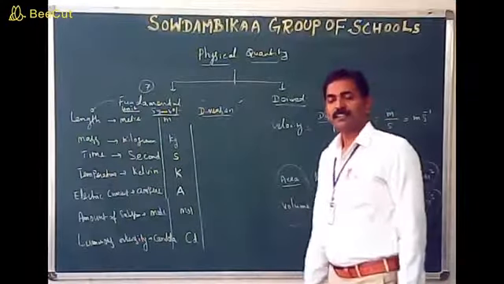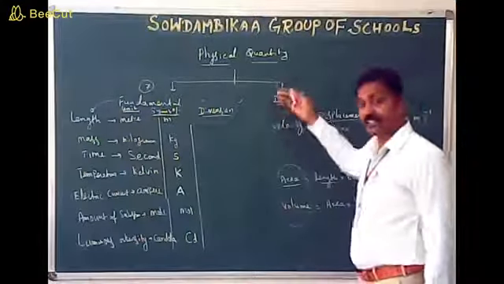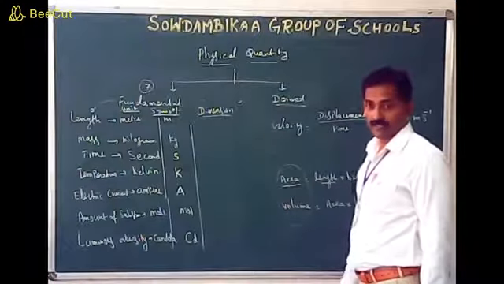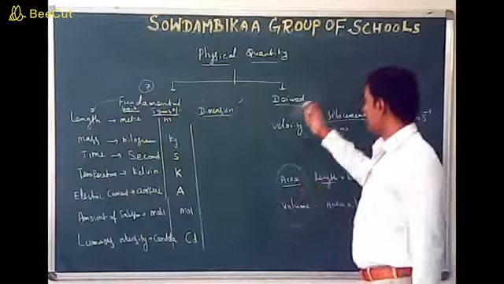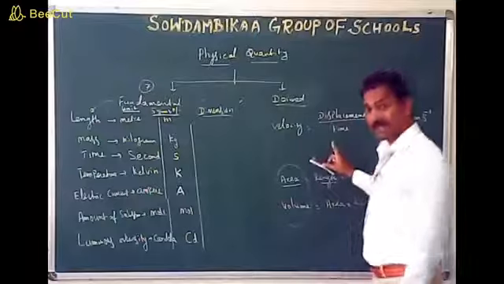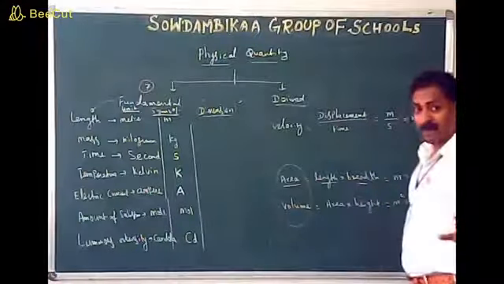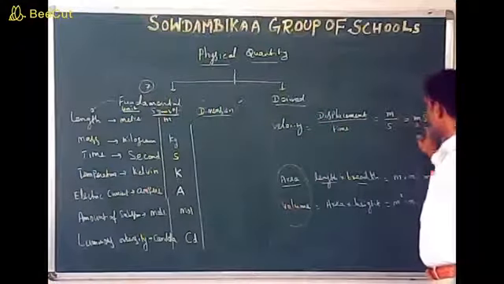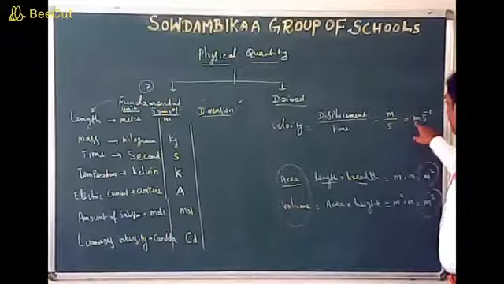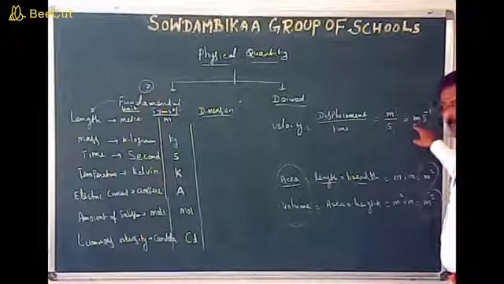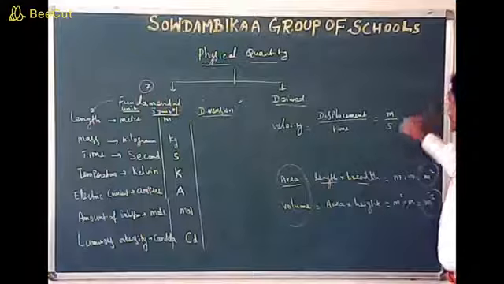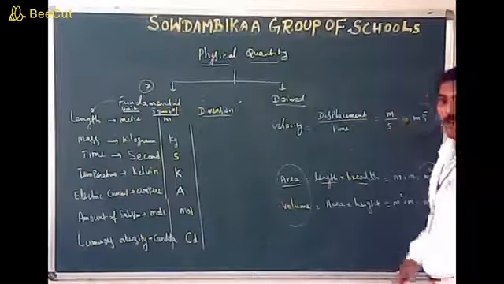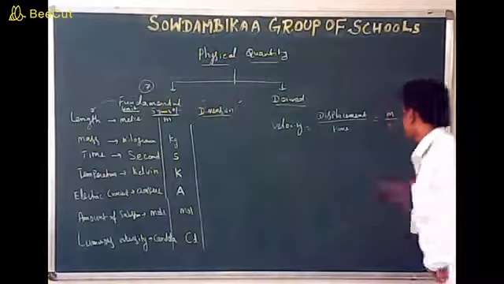dimension. At the time of expressing the derived quantities, we raise the powers of fundamental quantities. For example, velocity is equal to displacement divided by time, so the unit is meter second power minus 1. Meter and second are fundamental quantities. The powers we have to raise are meter power 1, second power minus 1. Meter and second are fundamental quantities, but the total unit represents the derived quantity. So the powers which we have to raise, so dimension,